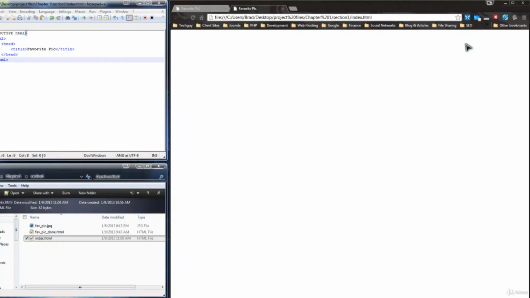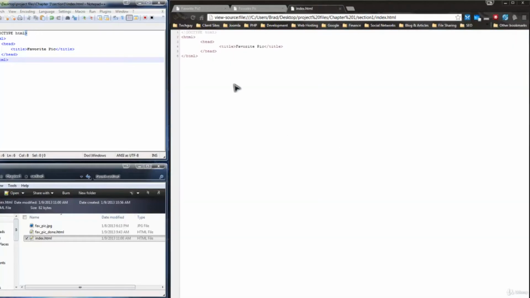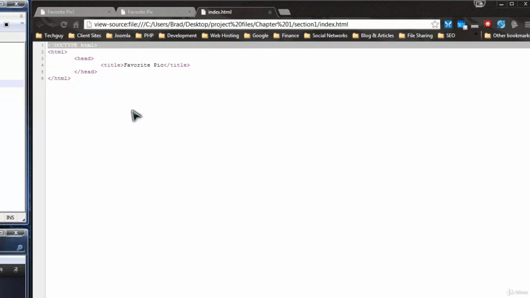So what I want to do now is view the source. This is the browser page, the presentation page. I want to view the source through the browser, which could be different depending on which browser you're using. I'm using Chrome. In Chrome you go to Tools and then View Source, and you'll see it's the same thing, and it shows the raw HTML. So it's really good if you want to troubleshoot, and if you missed some closing tags or anything like that. So we're just going to leave that open, and then we're going to continue to add